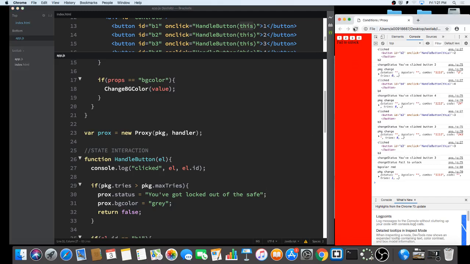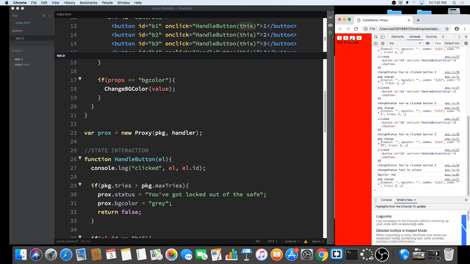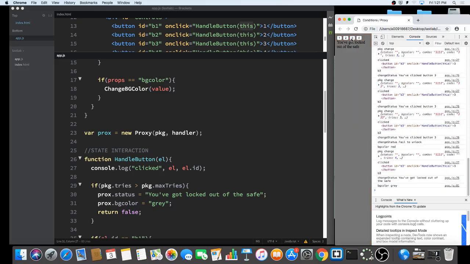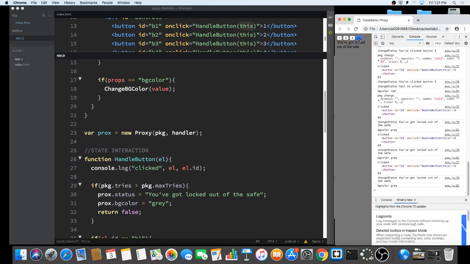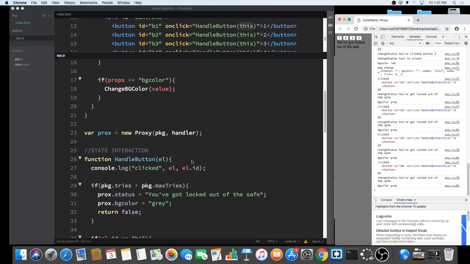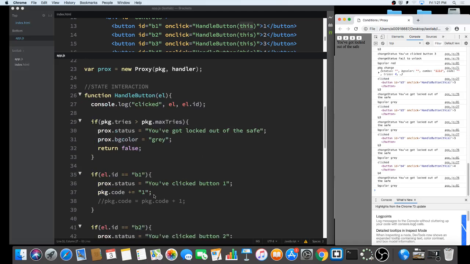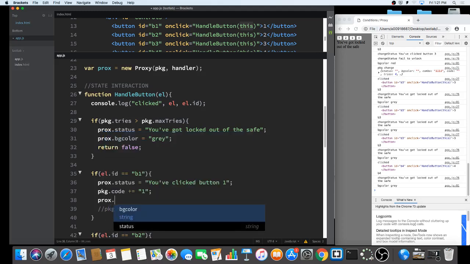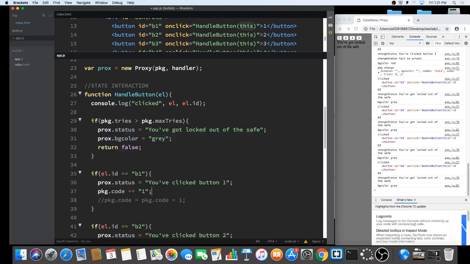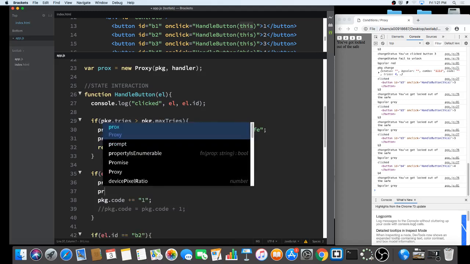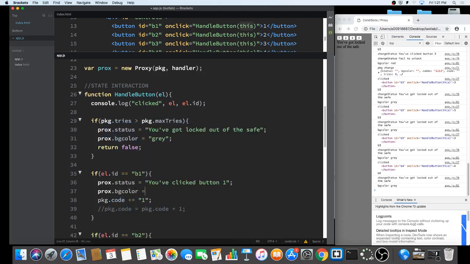So let's try to get ourselves locked out. 1, 2, 3, 4. Got locked out of the safe. And maybe I want to have some fun, so that whenever they click on a button, instead of just showing that you clicked button whatever, we enhance the experience by changing the color again. Aside from the status, it will be prox dot bg color equals to